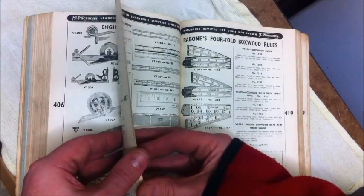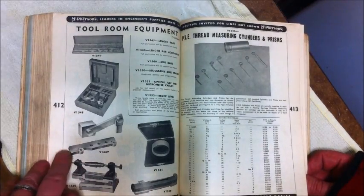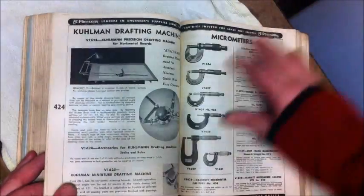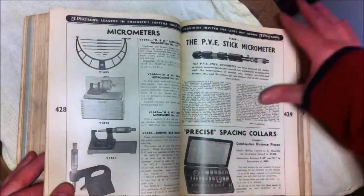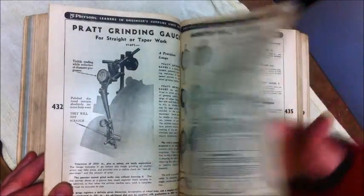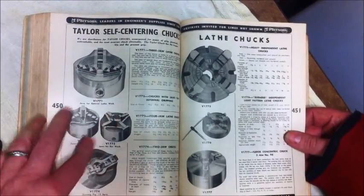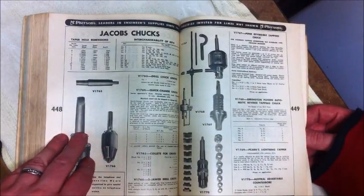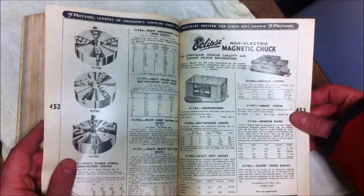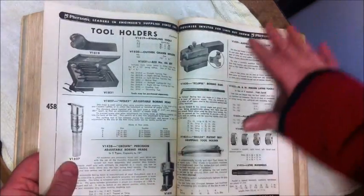Combination sets for engineers. Raybone's four-fold boxwood rules, steel measuring tapes, tool room equipment, levelling instruments, drafting machines, micrometers, calipers, grinding gauges, dial gauges, Taylor self-centering lathe chuck. They were a good chuck with the cone-shaped jaws. Eclipse magnetic chucks, lock tool holders, live centers,